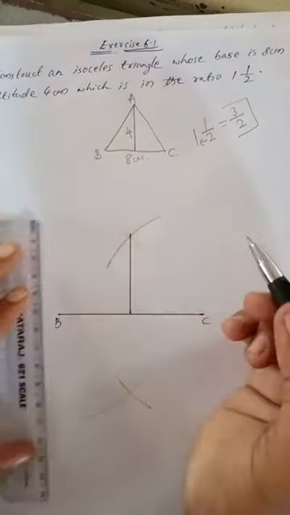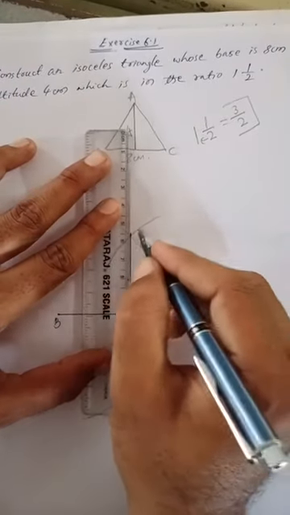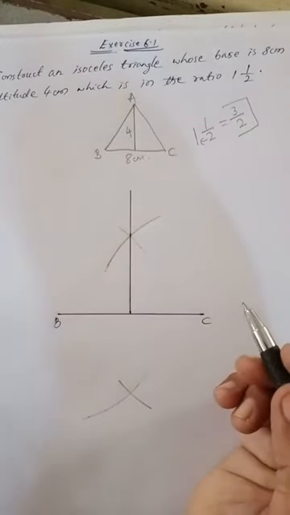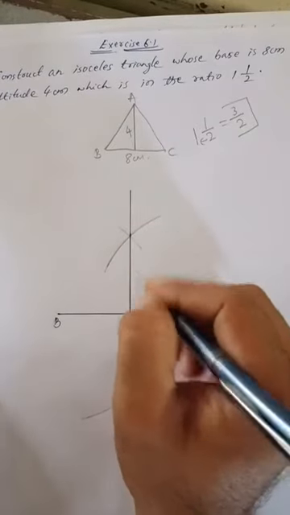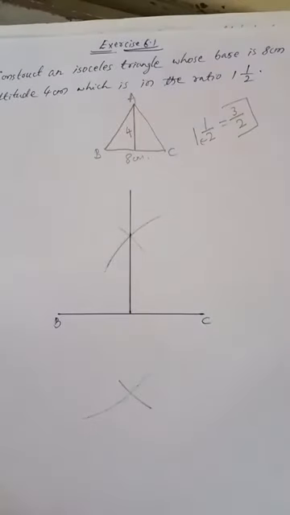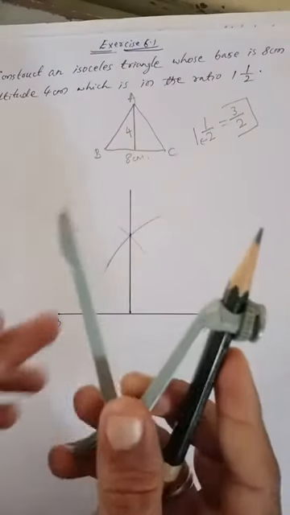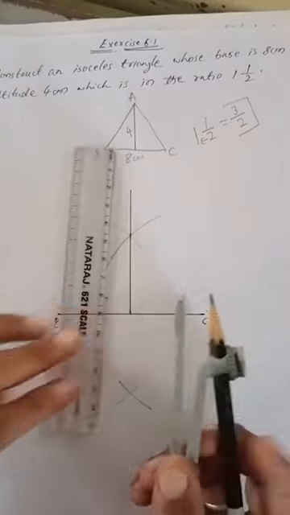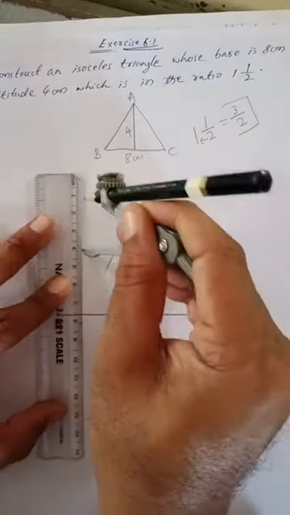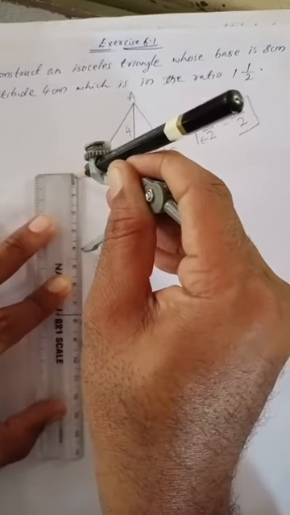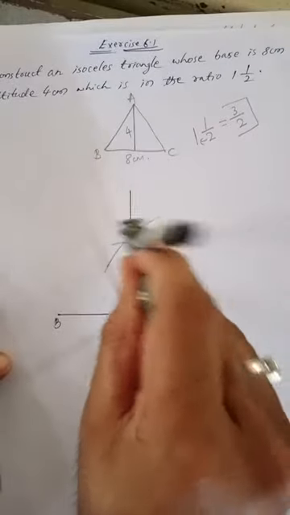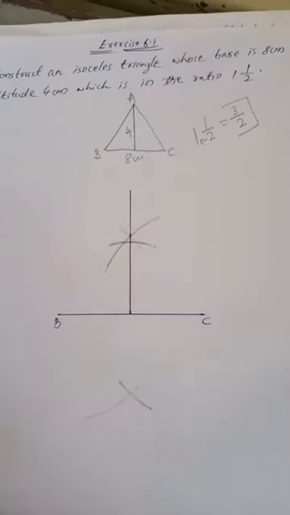So I got this altitude, which if I want I can extend further like this. Now this is not our exact altitude. They have given that exactly we must draw 4. So what do we have to do for that? Using the compass. So this is the compass. I am going to take 4 centimeters using the scale. This is there, so I will take 4 centimeters here. Then I will keep it here, then I will cut where 4 will come. So this is the cut where I will get 4.